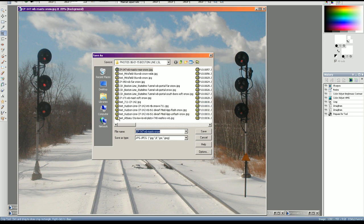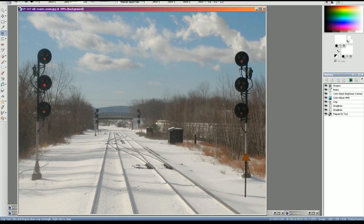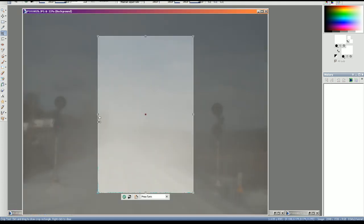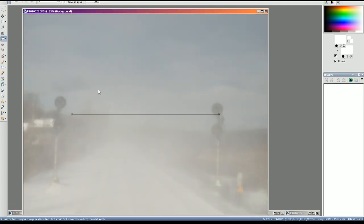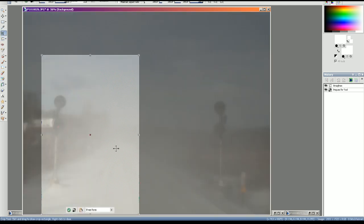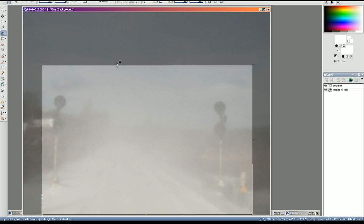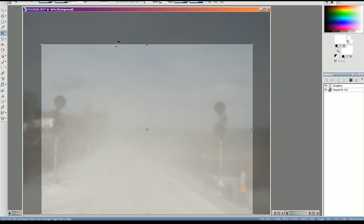But you can tell I am shooting directly out that rear window. I could not have done this in my pre-zoom days. I could not have done a lot of that stuff with my current 3x zoom camera. Here we have the next interlocking down. This would have been CP140, and I dumped this photo back in 2006. I just threw this in the trash, but you never know. These signals are going to get replaced with Darth Vaders,